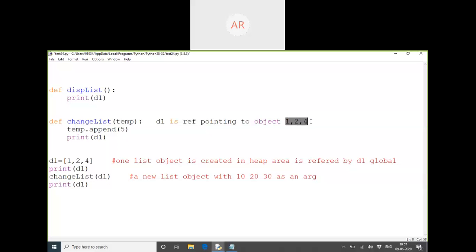It's an object. I just got a list which is stored in this variable. I'm just changing that list only. There is only one list overall in this program. So that list got appended with which value? 5. And here when I'm printing, what will be the output right now? 1, 2, 4, 5.